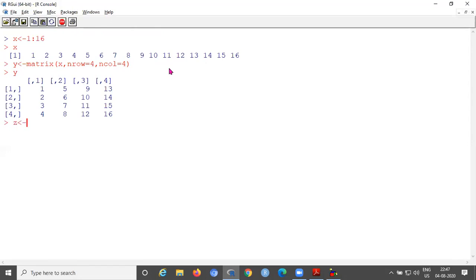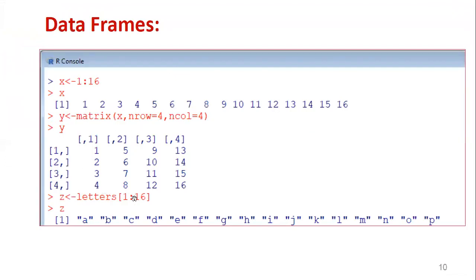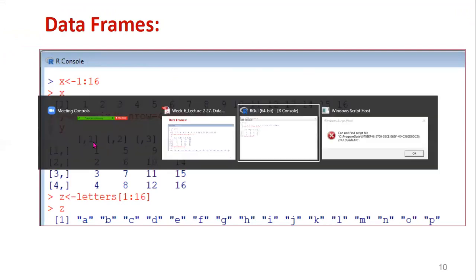Now another vector we are taking, Z equal to letters, 1 to 16 letters only. Here you can check the syntax once. So letters within square brackets, the index we can provide 1 to 16.